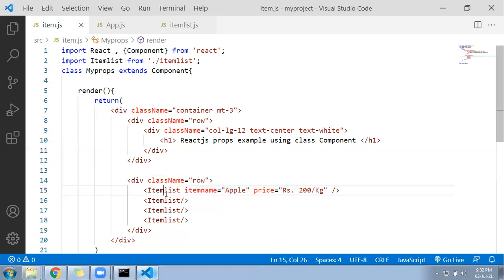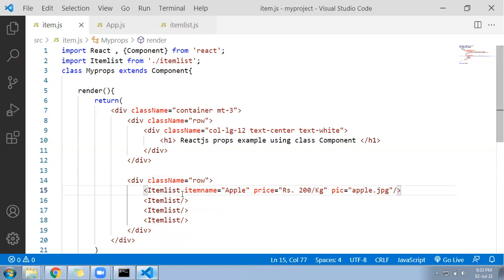You saw we created a component called item list, and there we are manually creating from our side a property called item name and a property called item price. Let me go here. I'll put pic equal to, as I told you, in the public folder I have put apple.jpg. So I'll pass apple.jpg here.